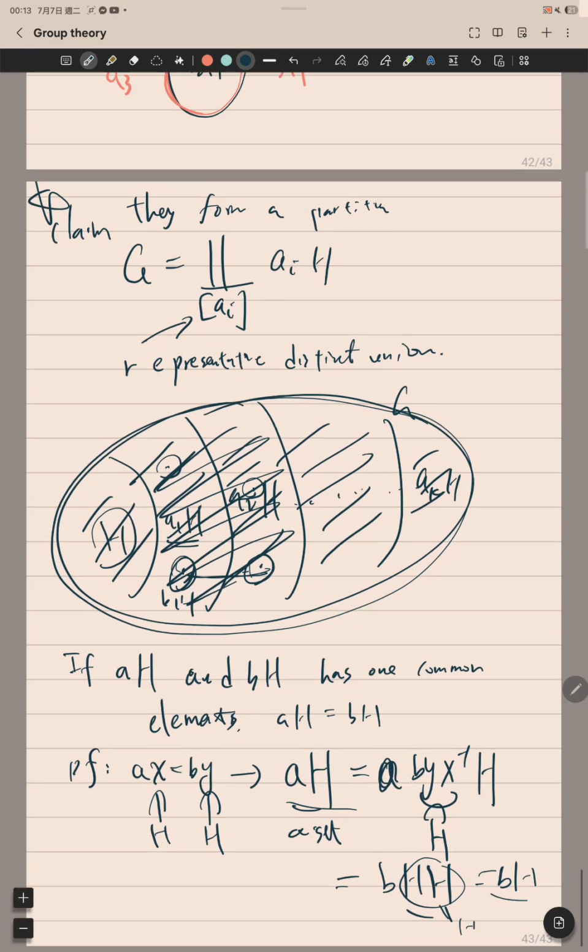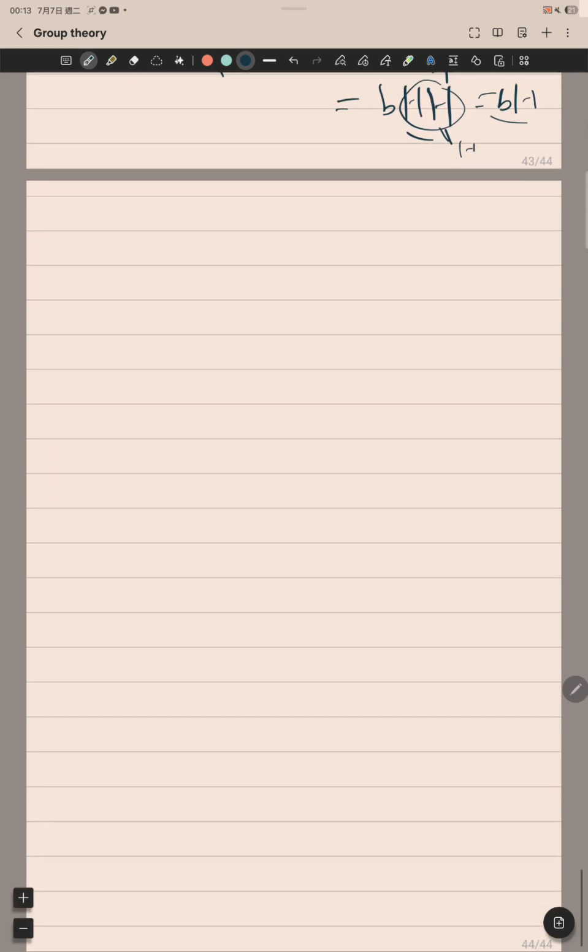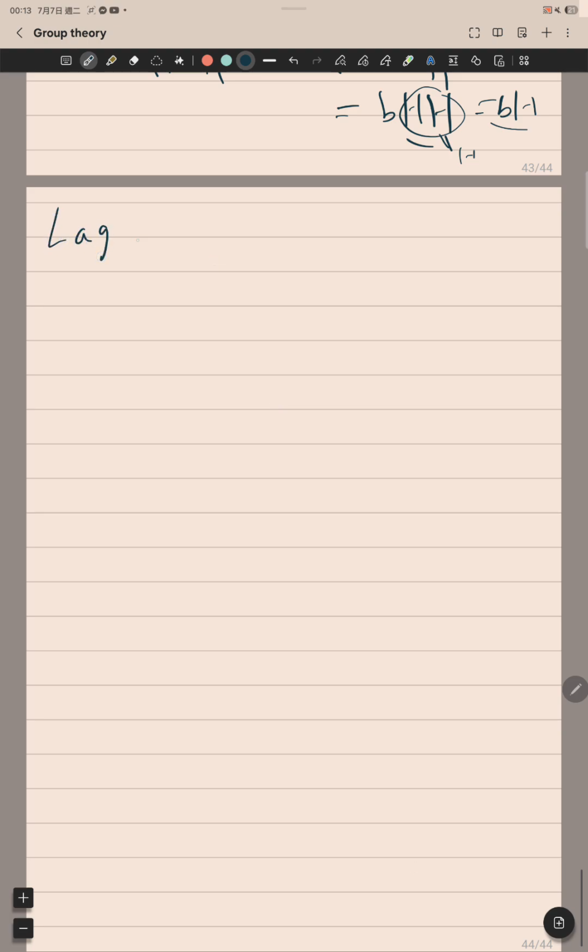Okay, so this proves these results because there's no overlap. Right? We prove that if there's overlap, then indeed they are the same coset. So there's no overlap, so G can be represented as a disjoint union. Okay, so from here, we can introduce the first